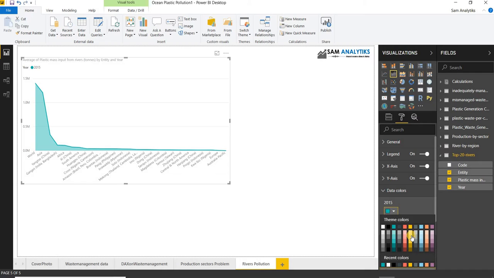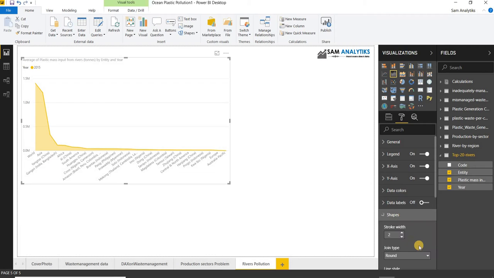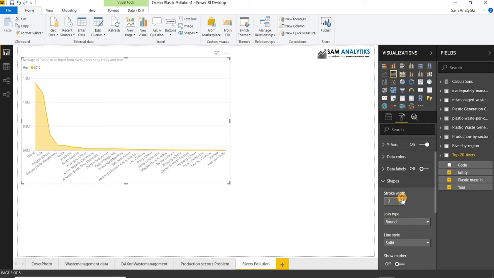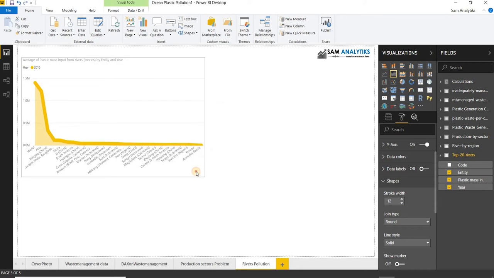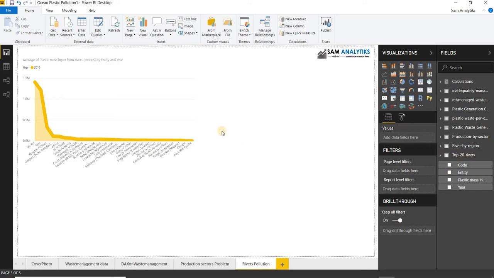So I will take gold as the main or default color, and I will also set the stroke width to the maximum so that it can show the gravity of the problem in this particular visual. Now I also want to take the count of plastic for the top 20 rivers, which are the main first 20 rivers that are creating the problem.